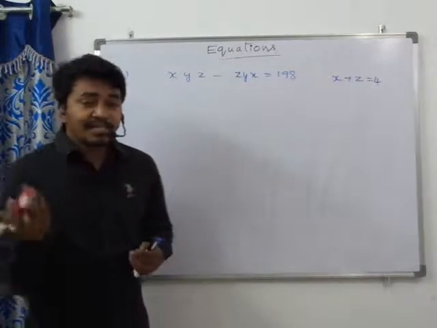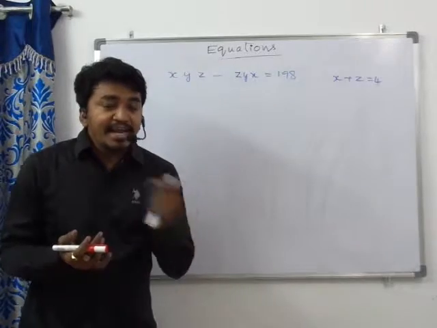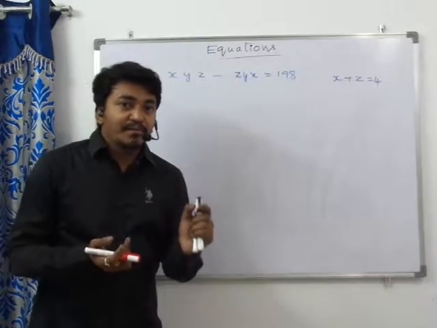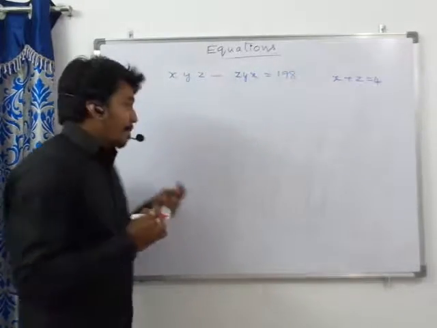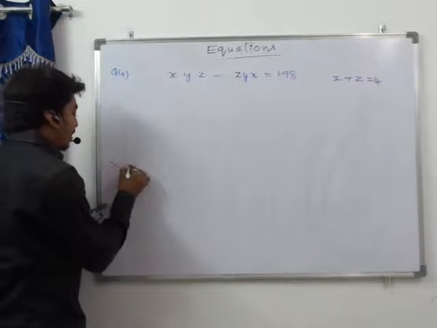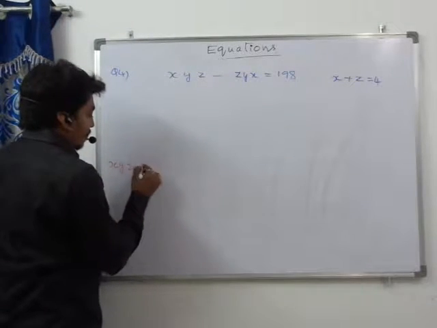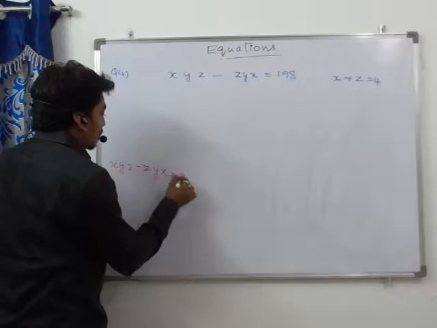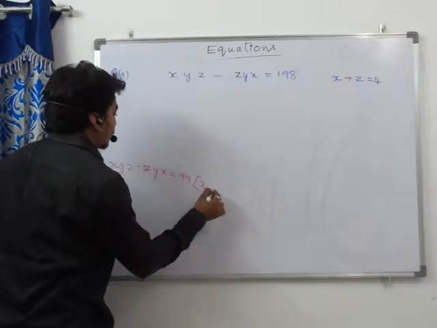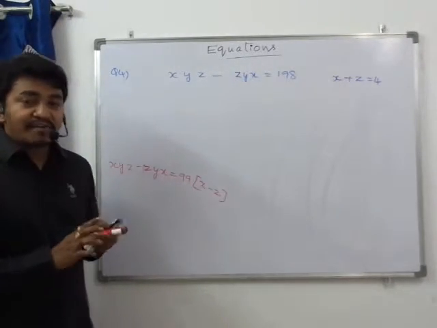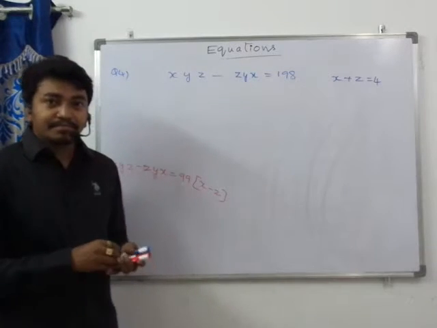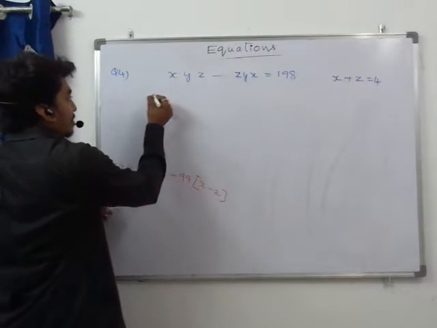So as we discussed, if you take the difference between a 3-digit number and its reverse, the difference will be 99 times the difference x minus z. So we have discussed this point at the beginning. If you want, let us see one more time. This is 100x,